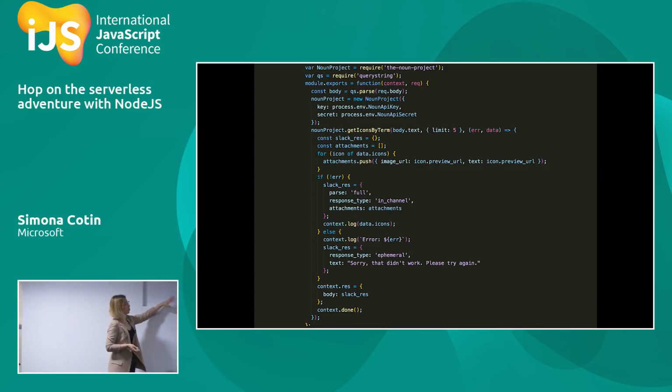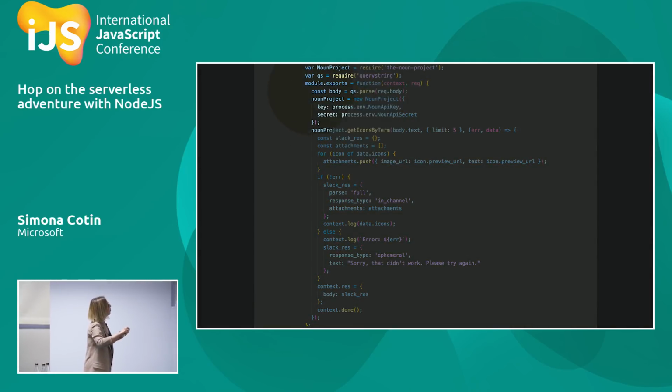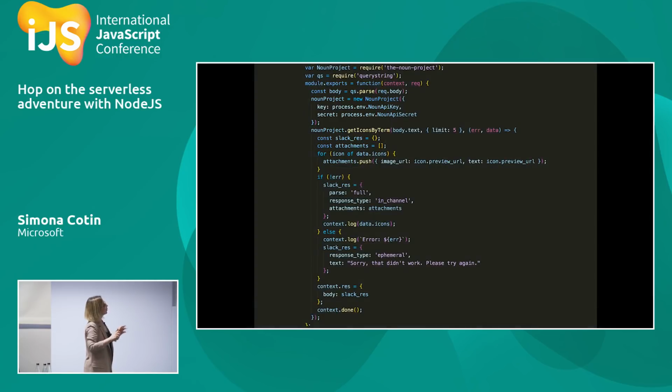The code for that is just this. And I'm sorry you don't see everything there. There's one line there that's weird. But what we're doing here is basically parsing the body. This is very small. Does this help at all? Not really. So what we're doing is we're parsing the text that Slack sends to us, so that includes the